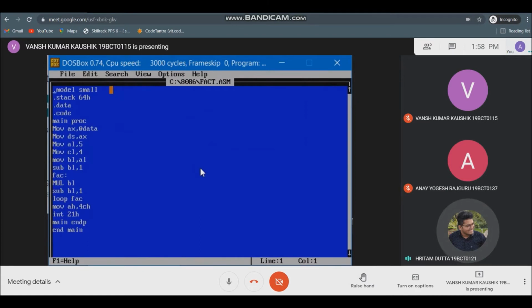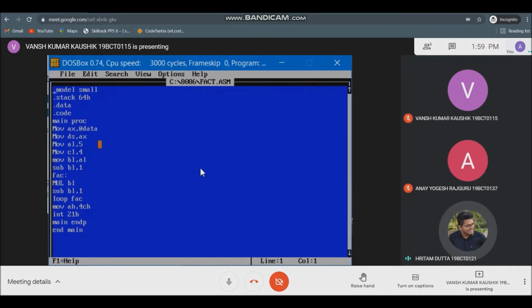The first program that we have here determines the factorial of a number. The first few lines are used to set up the code in an 8086 microprocessor to write an assembly language program. The procedure starts at main proc. Here we are entering the program. The first two lines, mov ax, @data and mov ds, ax, are used for initializing the data segment in the microprocessor. Then we come to the next line, mov al, 5.